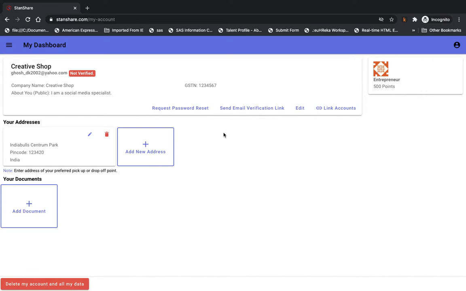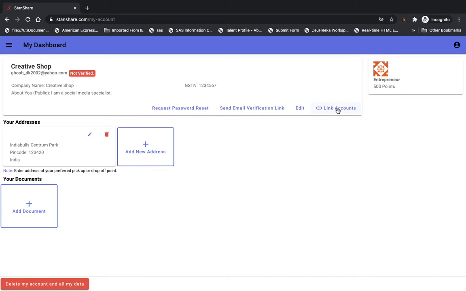The next most important step here is, you'll see this email ID is not verified. So you can log into your mailbox and you'll see a link there. You can click on the link and verify this. After you click on that link and verify your account, this will turn green and people can see you are a verified seller. So it's important that you add this.